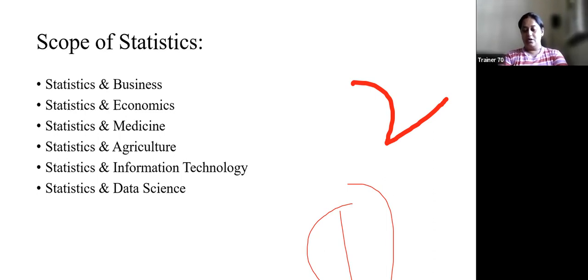Now, when we talk about economics, the words that come to our mind are exports, imports, production, GDP, GNP, national income, etc. All these terms come to our mind when we talk about economics. So we study the structure of economics with the help of data only. So ये जो भी terms मैंने अभी बोले, प्रोडक्शन, एक्सपोर्ट, इंपोर्ट, जीडीपी, जीएनपी, ये सब डेटा किस फॉर्म में होगा आपके पास? नंबर्स के फॉर्म में होगा ना।